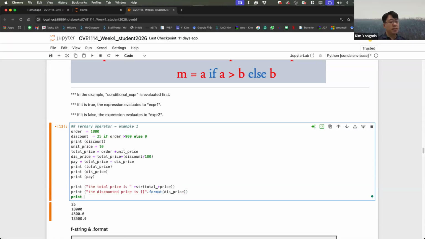And then print your bill is this amount, but I'm going to use F string.